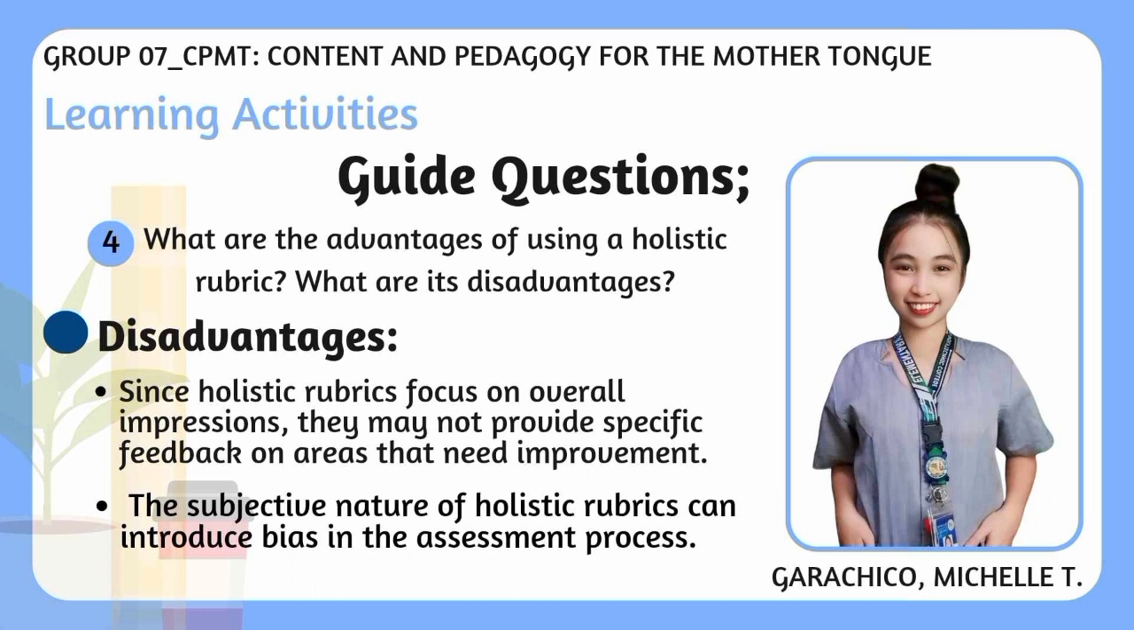4. The subjective nature of holistic rubrics can introduce bias in the assessment process. Evaluators may be influenced by personal preferences, biases, or preconceived notions that may affect the fairness of the